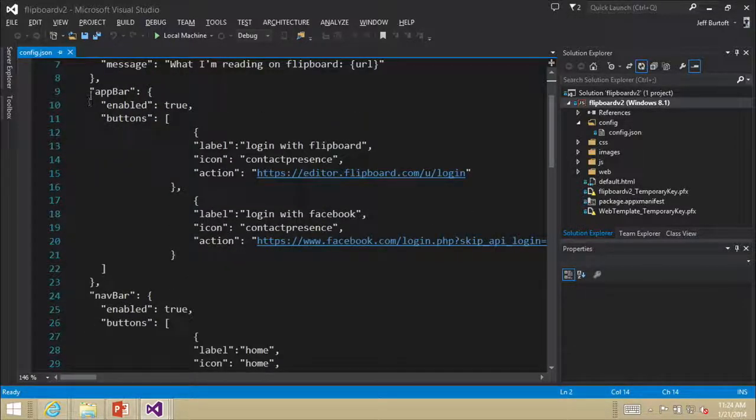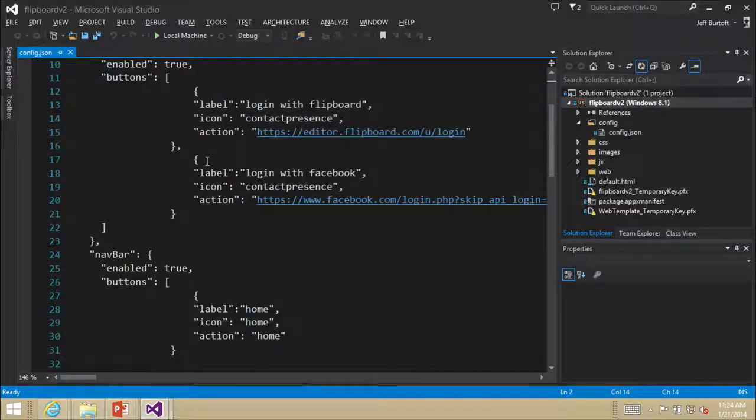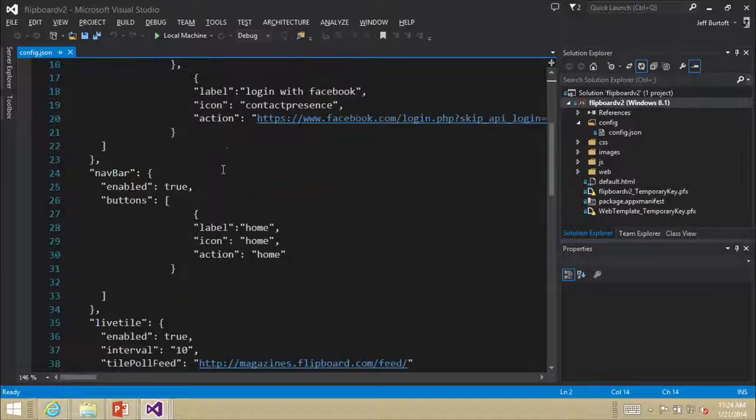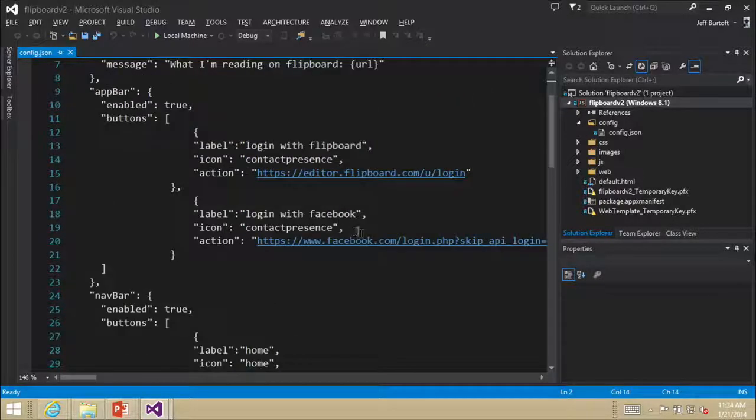I'm also going to then configure my app bars and my nav bar. So these are where I'm going to put either some keywords where I want it to perform a certain action, or it's going to be a URL. So each of those items in the app bar and nav bar are going to load a different URL in the web view. And I'm noticing that with those icons, you don't have an icon URL there,